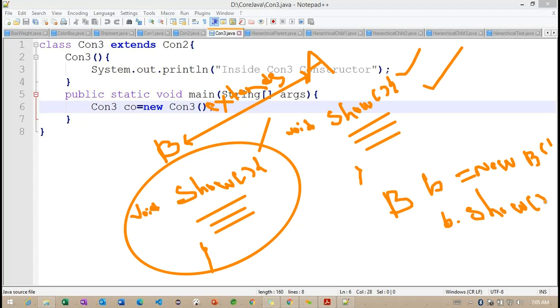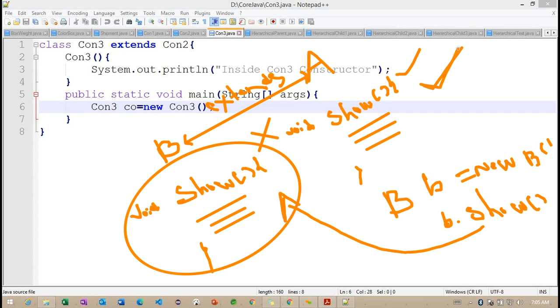The subclass method is called, because inside the subclass we have overridden it. So this show calls the subclass information. If the subclass method is not available, then the compiler looks for the superclass method. This is very important, the concept called method overriding.